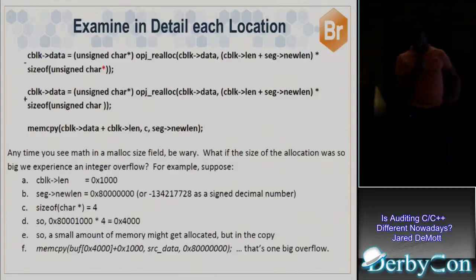So the whole point of that example was to say that's something to look out for. That's something to audit closely: the allocation routines and any questionable math being done in them, and then later look at the copies near those and see if they use the same sort of math. Because it's pretty common that they'll do a lot of dynamic allocation, and there'll probably be some math.